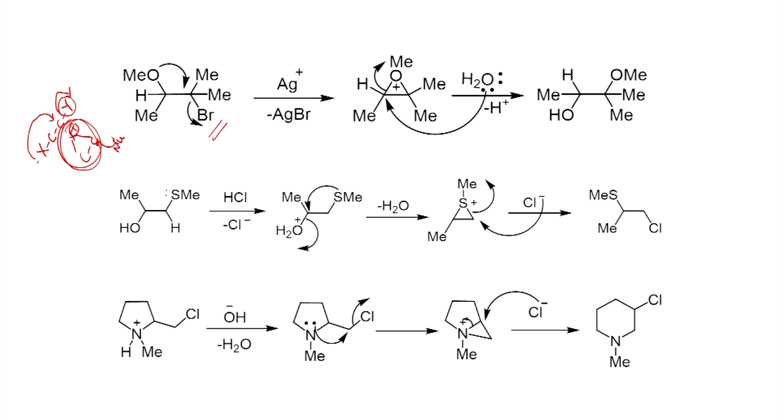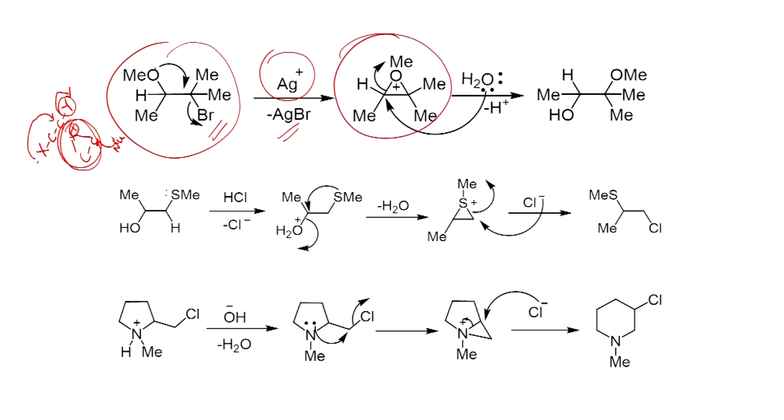Here, when you react this substrate with aqueous silver salt, it can produce silver bromide, for example. In this cation intermediate, the lone pair can assist to leave this Br with its bond pair. You will have this cation intermediate. Now you have two carbons, and this one is more substituted compared to that. Therefore, water, which acts as a nucleophile, can react with the less substituted carbon via the SN2 pathway, and you will have this compound.